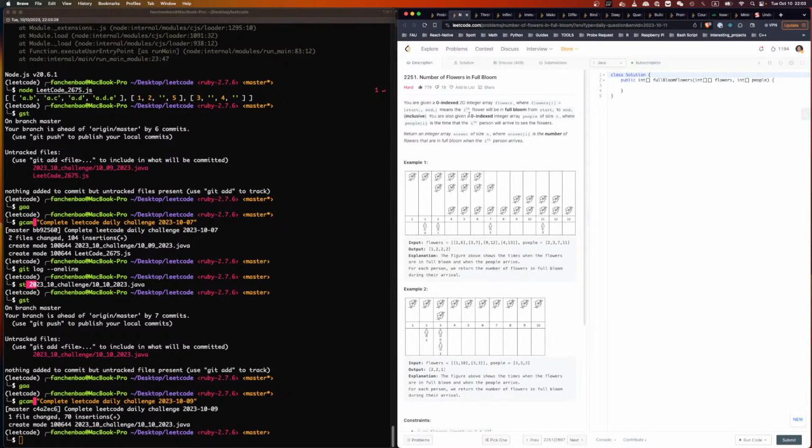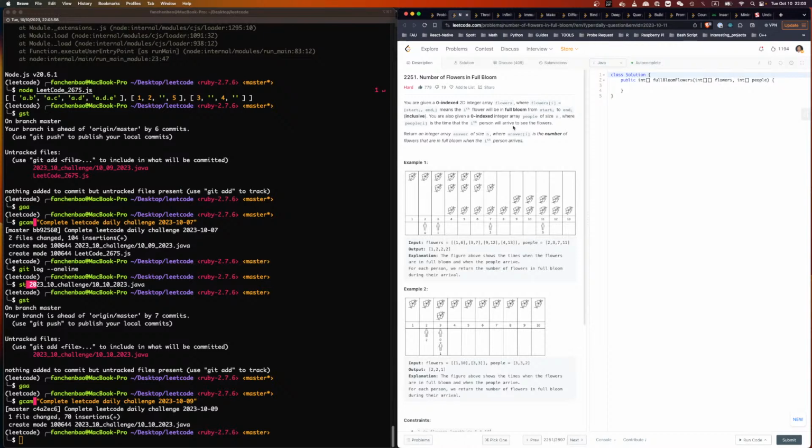You're also given a zero-indexed integer array people of size n, where people[i] is the time that the ith person will arrive to see the flowers. Return an integer array answer of size n, where answer[i] is the number of flowers that are in full bloom when the ith